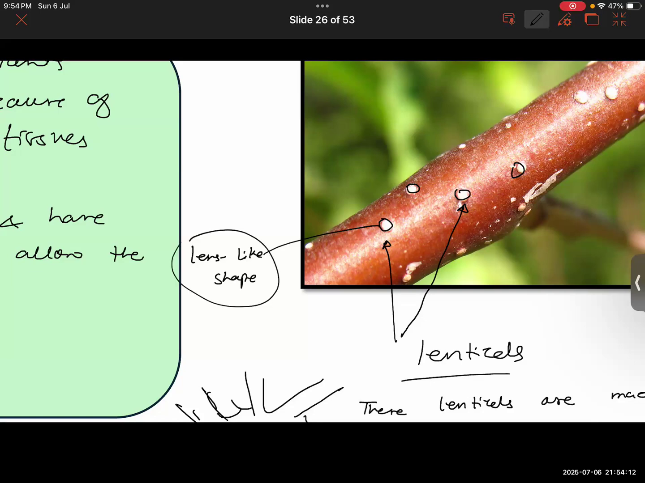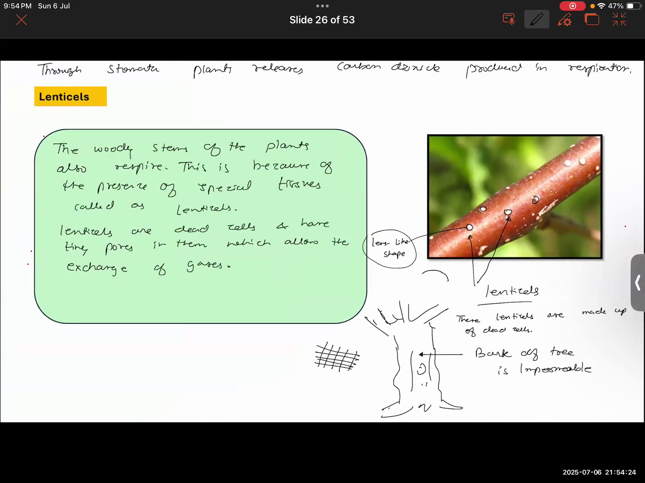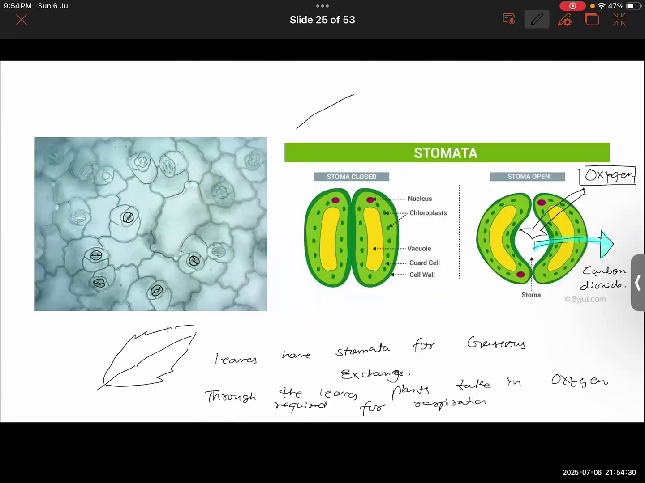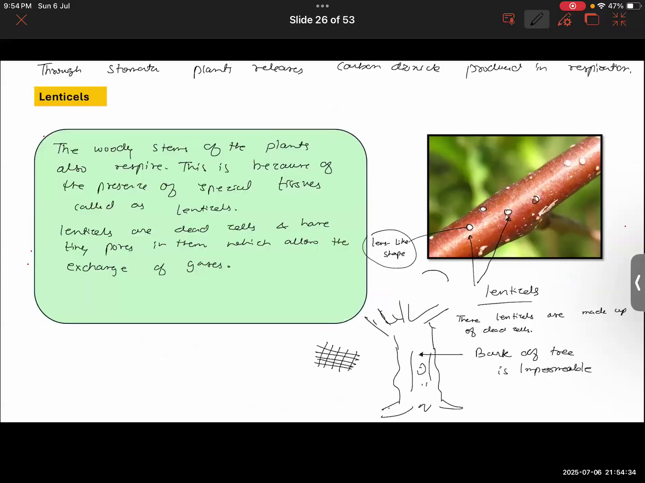So it's bumpy on the top, slightly. It's kind of having a convex shape like this, bulging outward. That's the thing. So we have so far learned about how the aerial parts of the plant, particularly the leaves and the